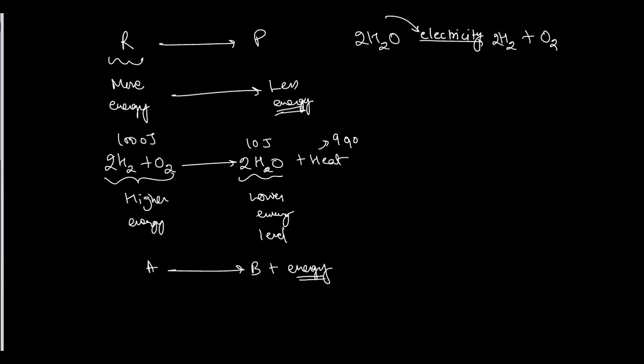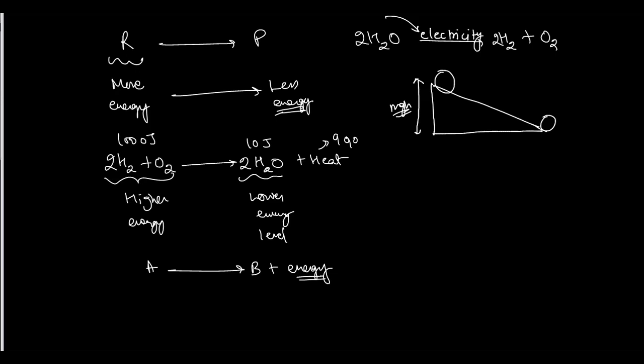Just imagine there is a ball here, and if I release it, do you think it goes down on its own? Yes. Why? Because it is at a higher energy level, it has more potential energy, mgh. When it goes down, the height decreases, so it will have lower potential energy. Where does this change in energy go? It goes into the environment. Because it has higher potential energy, it loses energy when it comes down. So it is an automatic process. Once it starts, it will be done.